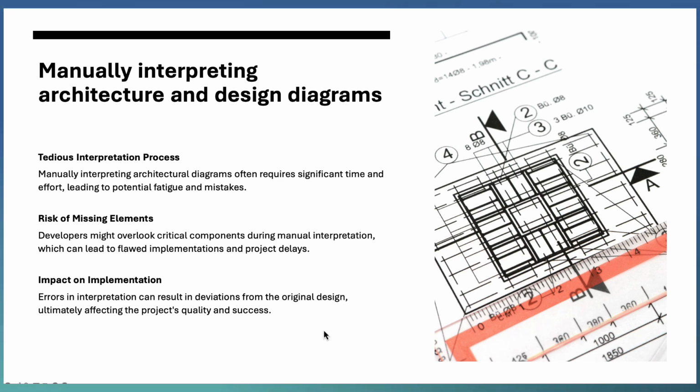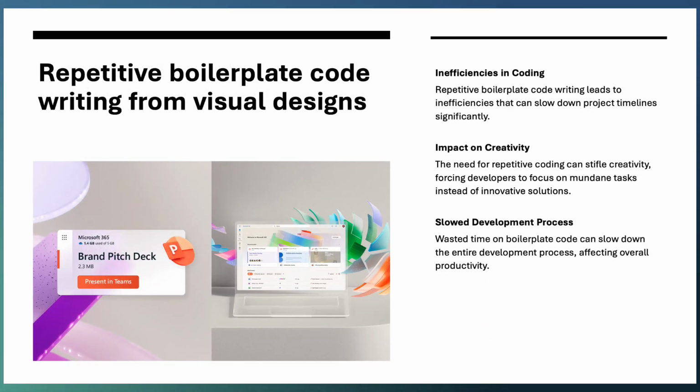There is a lot of risk in human errors, missing the details, or misinterpretation of the diagram altogether, as the architecture diagram or design diagram talks in terms of architects and designers. It may not be aligned to a developer's technology or language. This leads to missing details and a lot of wasted time. We may reach out to them to understand exactly what the diagram means, and it all depends on the availability of the architects or designers.